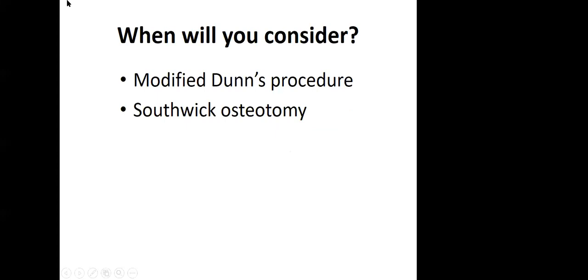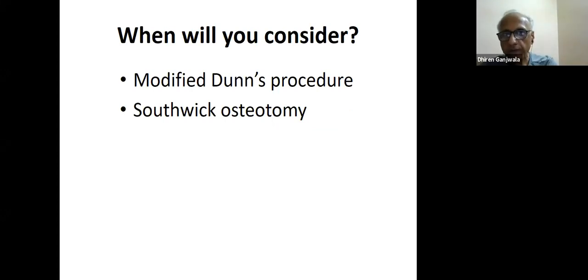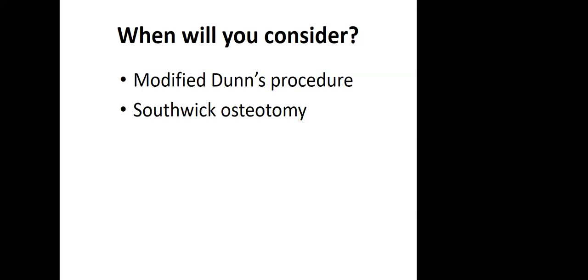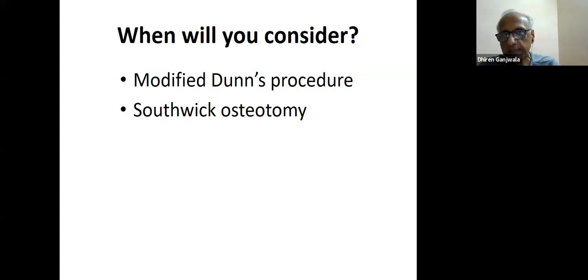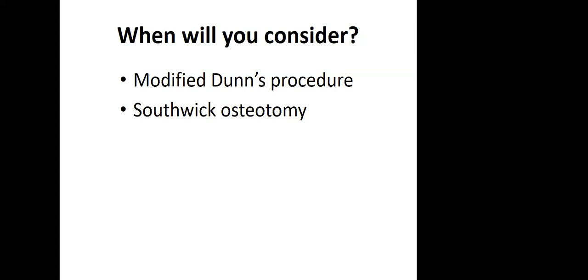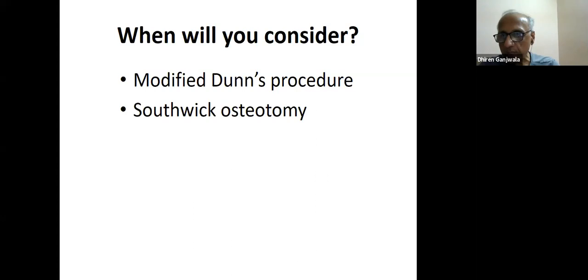Sir, in that basically we open or do an open reduction with a trochanteric flip osteotomy, and then we do the reduction, sir, and then fix it, sir. Right. So basically in modified Dunn's procedure, we go for a safe surgical dislocation. Now you have seen that slide that the posterior retinacular vessels, they have become short. Now if you try to reduce, then these vessels will be stretched and the epiphysis will go for avascular necrosis.